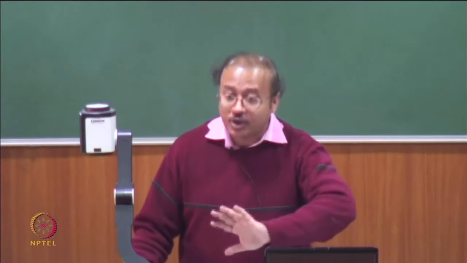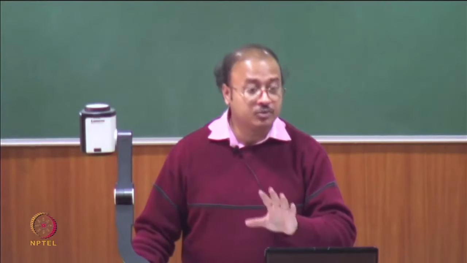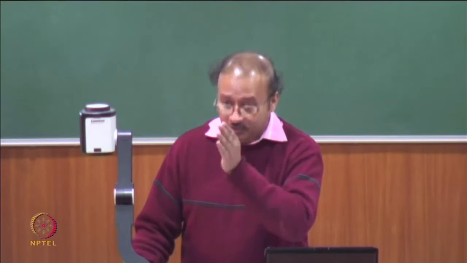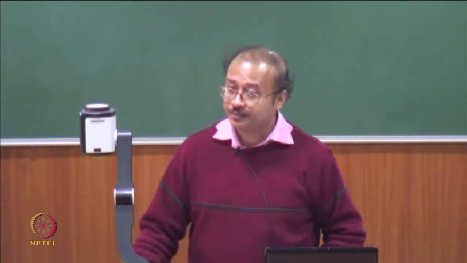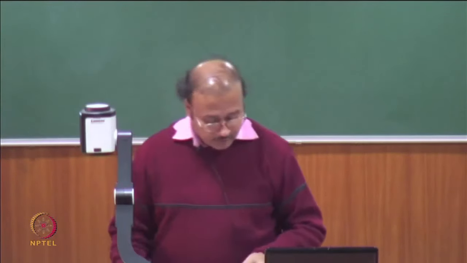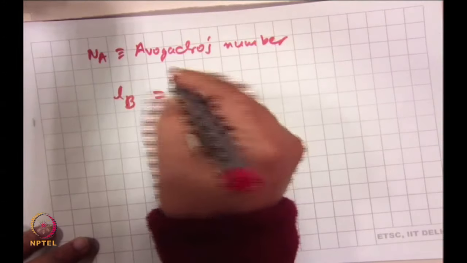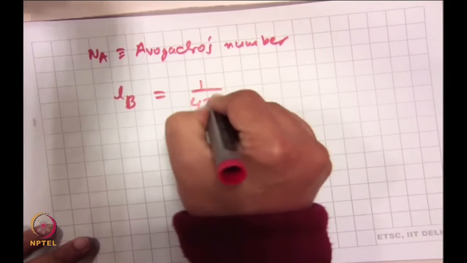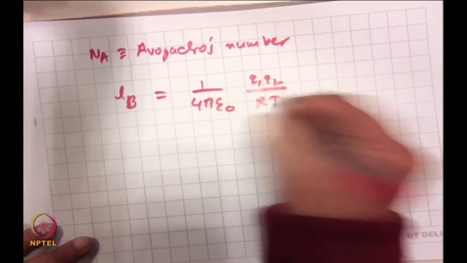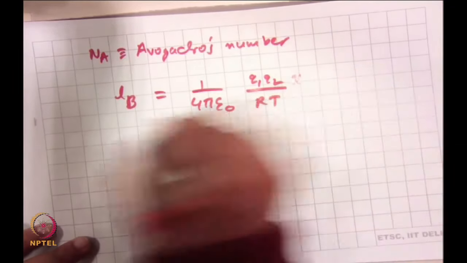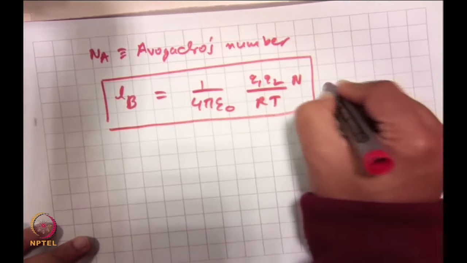That means whatever energy you are putting in is not essentially from the surroundings. If you are not heating the system and it is at room temperature, then that is the length L_B where this RT is equal to your V of R. Okay. So just to express L_B in terms of RT, I can write L_B is equal to 1 by 4 pi epsilon 0 q1 q2 over RT, times N. This is a very well known and formal expression of the Jerome length.